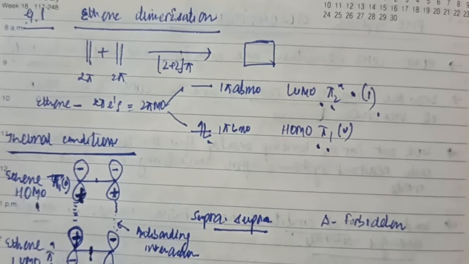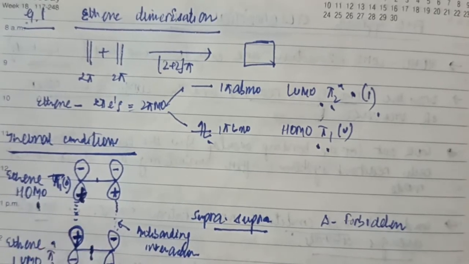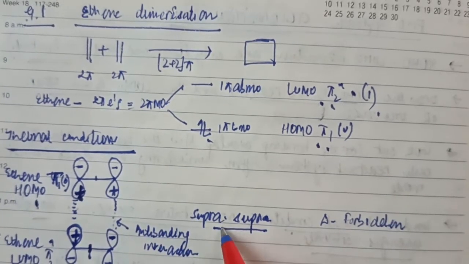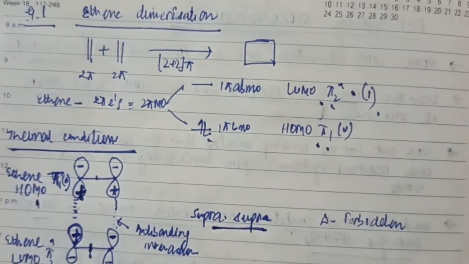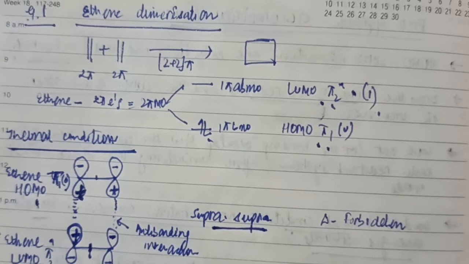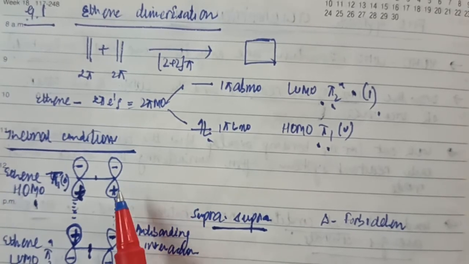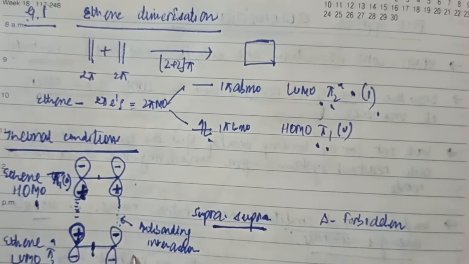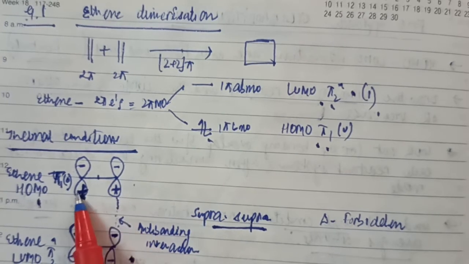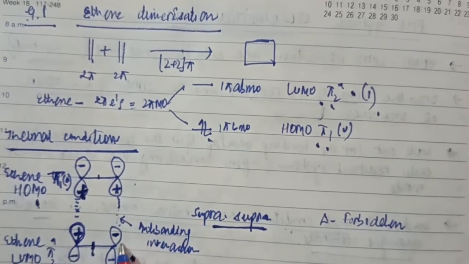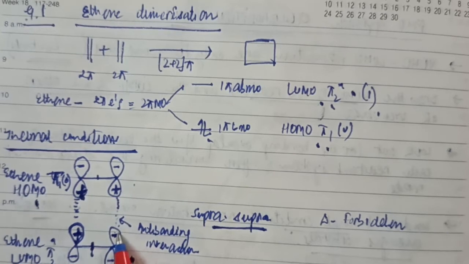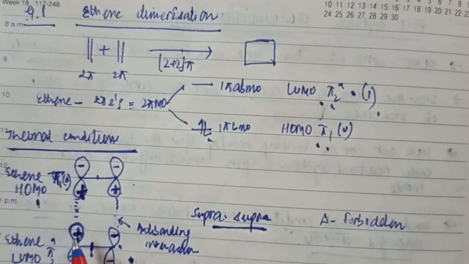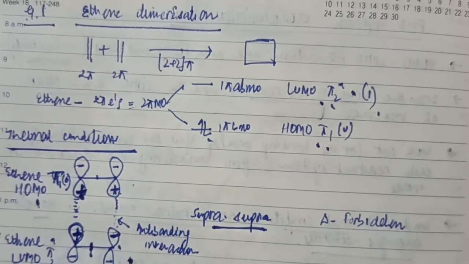What I've done is I've drawn the HOMO of one reactant and the LUMO of the other. Now I need to study which stereochemical mode I'm talking about. Let's say the first stereochemical mode, the supra-supra interaction. If it is suprafacial, this component should add in a suprafacial manner and this component should also add in a suprafacial manner. Suprafacial means the same lobes of the component add. So the lower lobes of both are adding, suprafacial here, and the upper lobes of both are adding, suprafacial here.